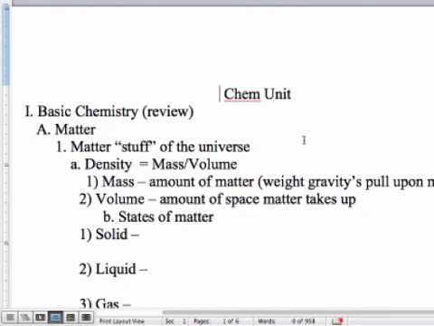And to start with that, when we talk about matter, one of the things that we measure is density. Remember that density is mass over volume. Mass is really the amount of matter you have. Now, I wouldn't be a good science teacher if I didn't mention that weight is not the same as mass. Do we use them interchangeably on Earth? Yeah, sure we do, because there's not really a whole lot of difference. But technically, mass is the amount of matter you have, and weight is gravity's pull upon your mass.